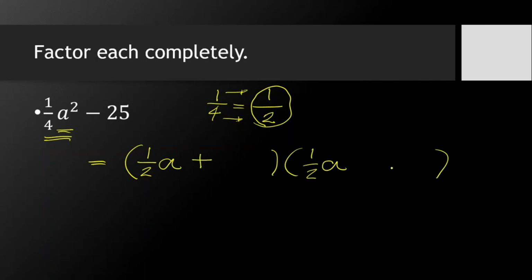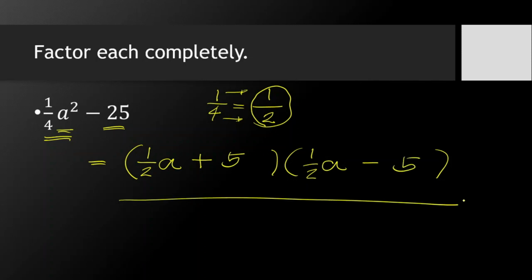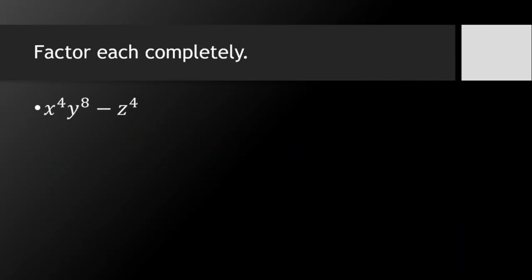Then affix the plus and minus sign, and then obtain the square root of the number 25, which is 5 times 5. So we have obtained now the factored form of 1/4 a squared minus 25. Next, what about if all terms